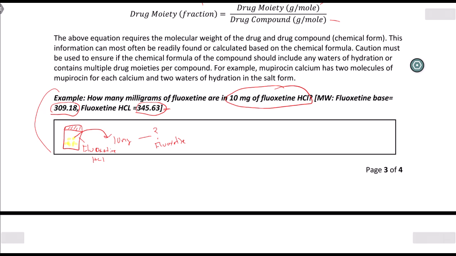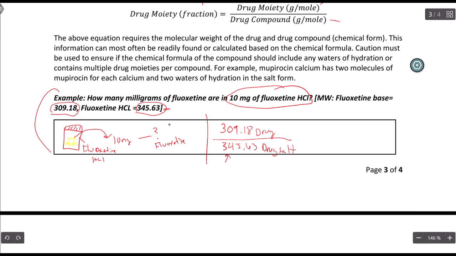You're using a ratio. 309.18 is the drug, I'm going to call it, fluoxetine. 345.63 is the drug salt in this case, or fluoxetine hydrochloride. So every time you weigh out 345.63, whatever, grams, milligrams, you have 309.18 of the drug. If you're going to weigh out 10 milligrams of this drug salt,